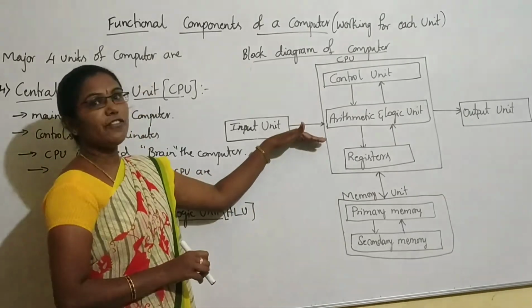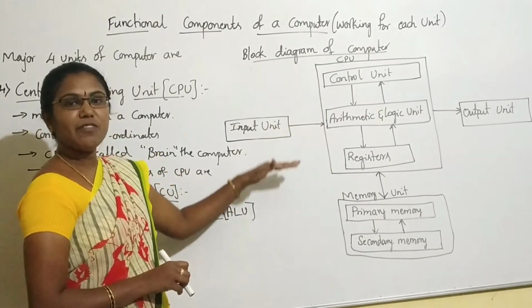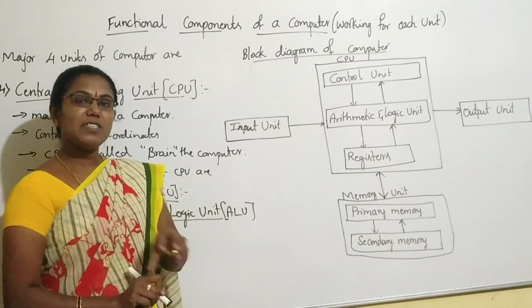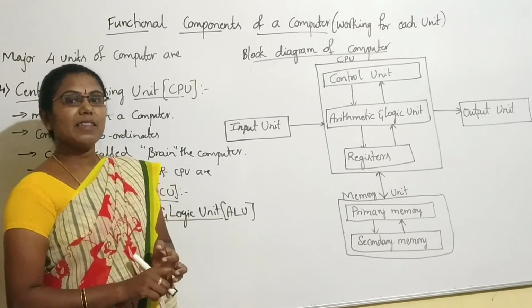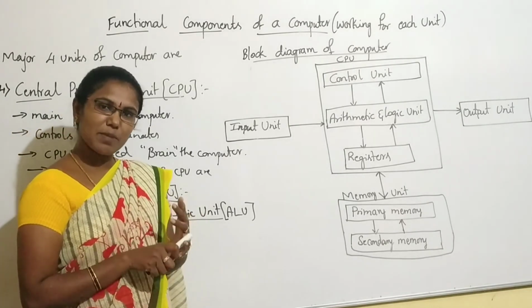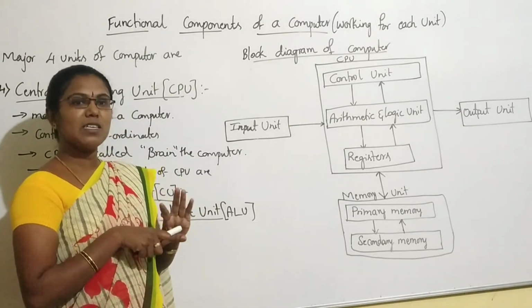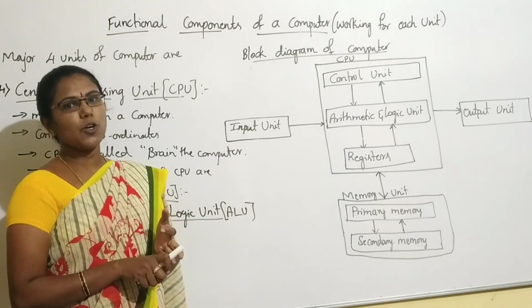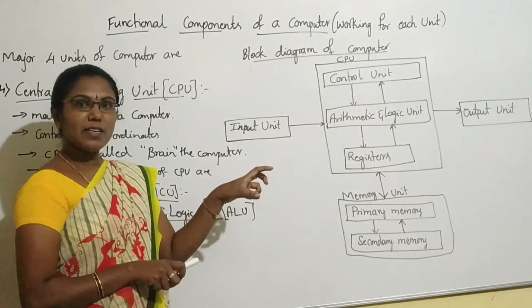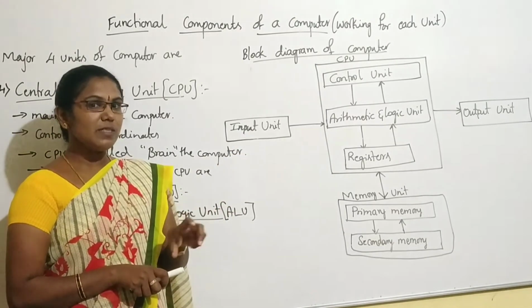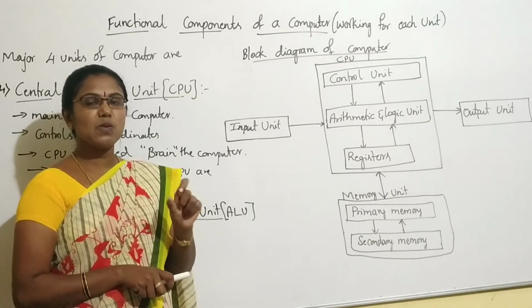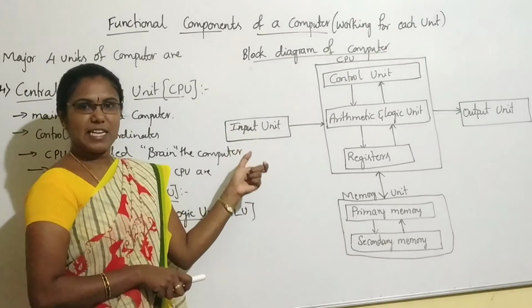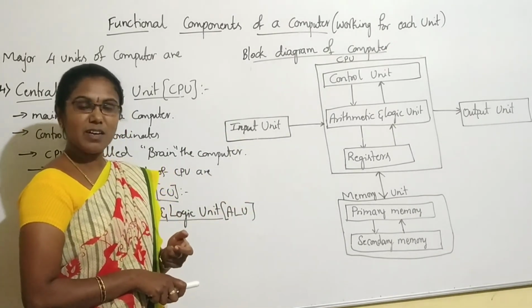Understood? The main function of the arithmetic and logic unit is that it will perform all kinds of arithmetic operations and all kinds of logical operations. Arithmetic operations such as addition, subtraction, multiplication, division, modulus. Logical operators such as logical AND, logical OR, logical NOT. The logical operators process the data using 2 bits. The 2 bits are called 0 and 1. The computer also understands zeros and ones, so it easily performs the logical operations on the data.